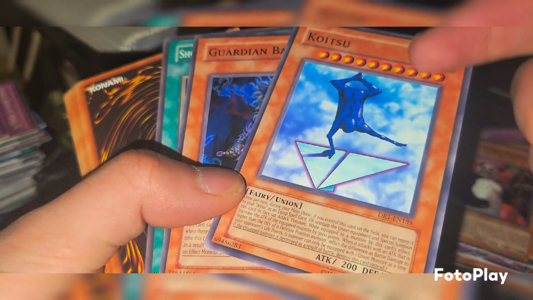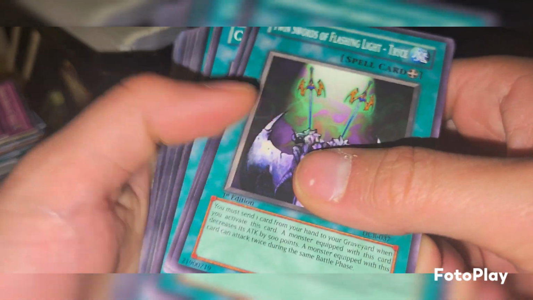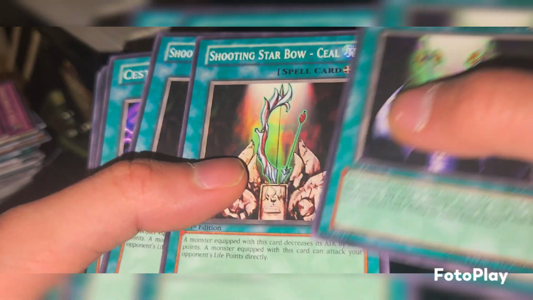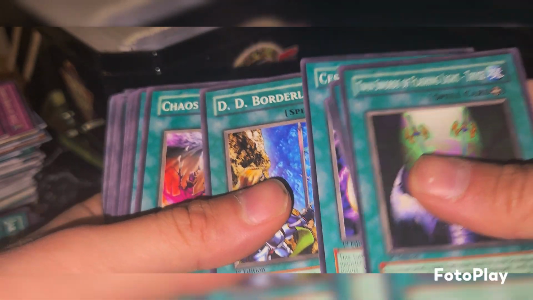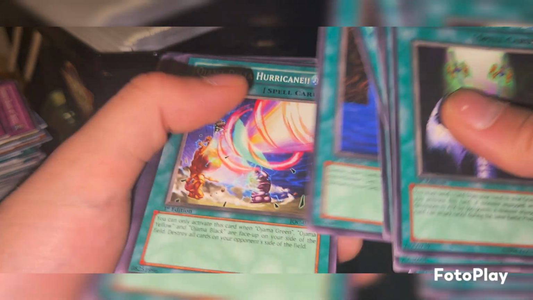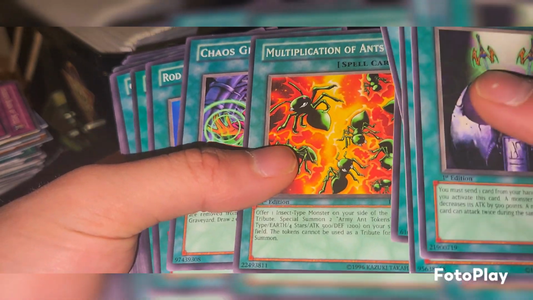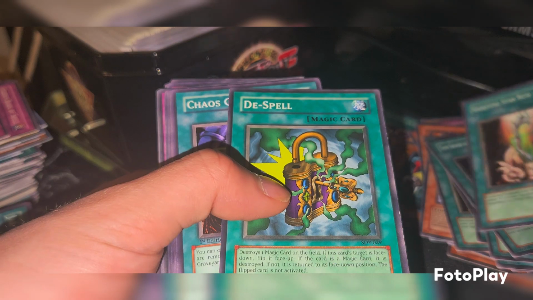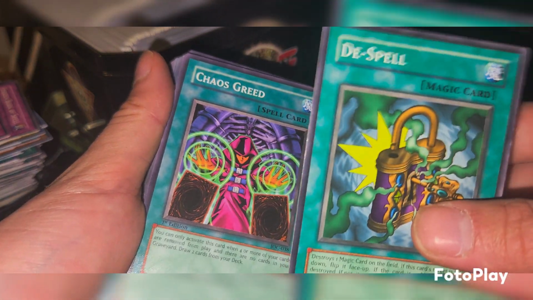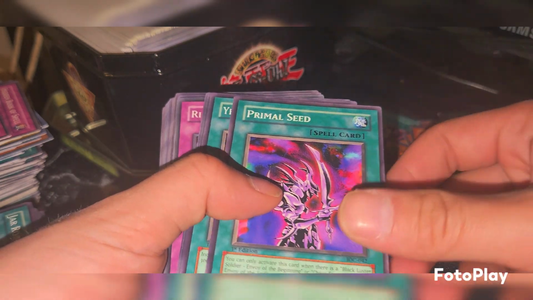This guy looks fire. Blue Guardian Bow. Another Shooting Star Bow Seal. I'm getting bamboozled here. We got a Twin Swords of the Flashing Light, Trice, Shooting Star Bow Seal, Setsas of Dagla, DD Borderline, Chaos End, Recycle, Ojama Delta Hurricane, 2, a Recycle, a Multiplication of Ants, Chaos Greed, Rod of Silence, Chaos, another Shooting Star Bow Seal, hey, a D-Spell. Ladies and gents, we got a D-Spell, dude. Another Chaos Greed, Chaos End, DD Borderline, Primal Seed,